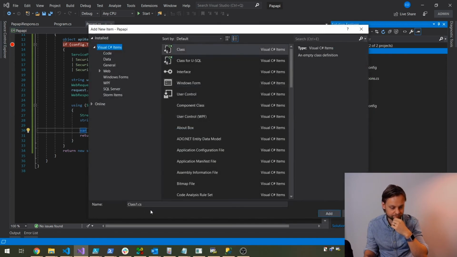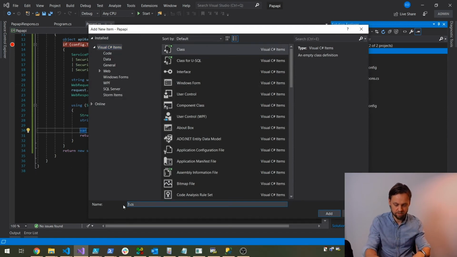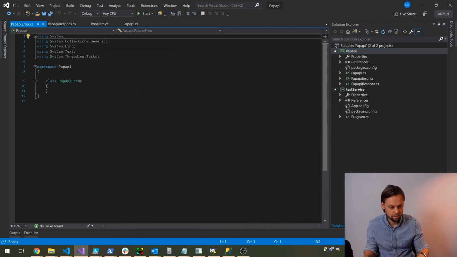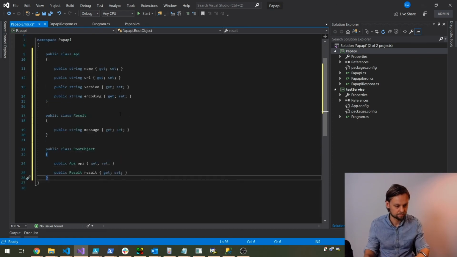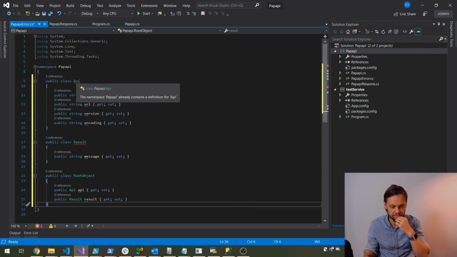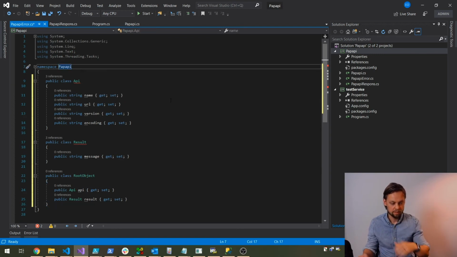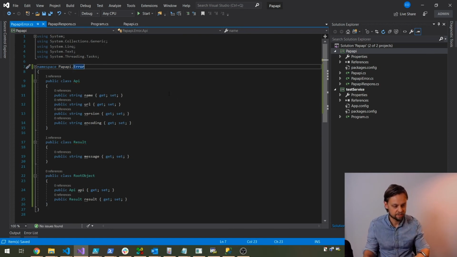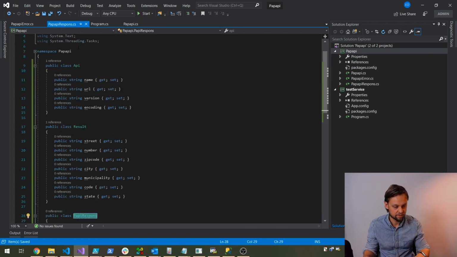New item. Let's call it PAP API error. I can remove that. Okay, so we already have that in a different namespace. Let's call this namespace error. We call this